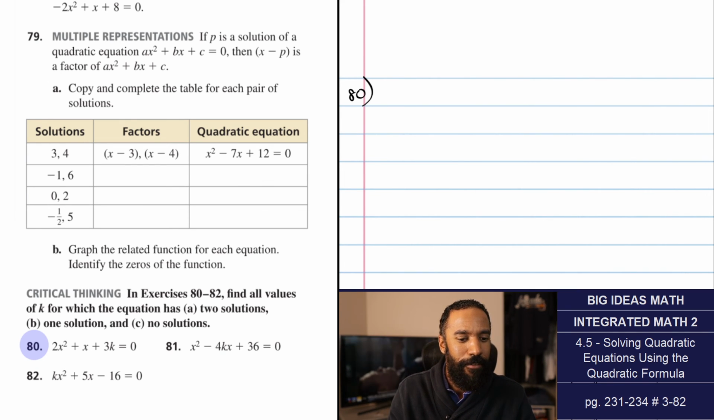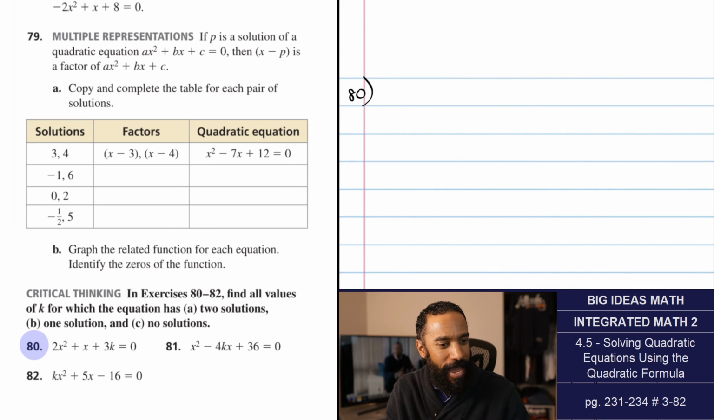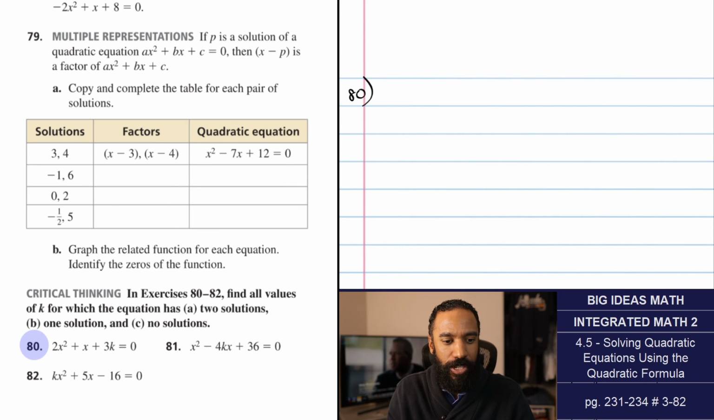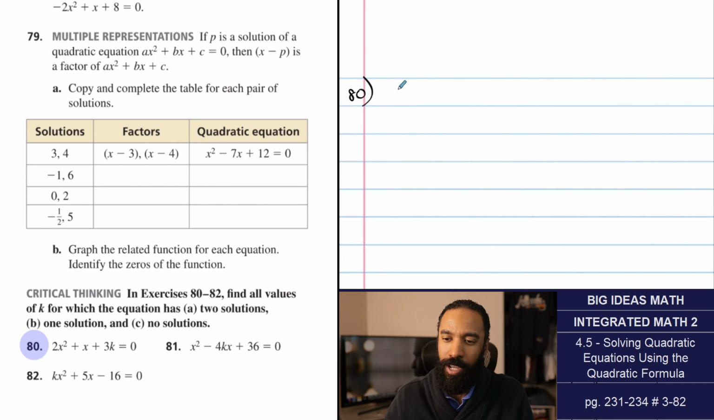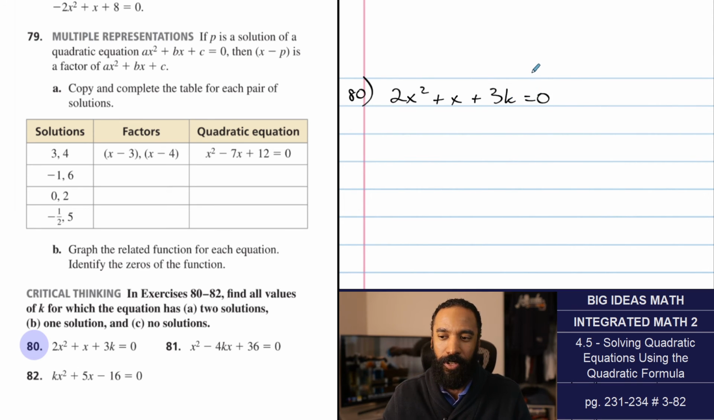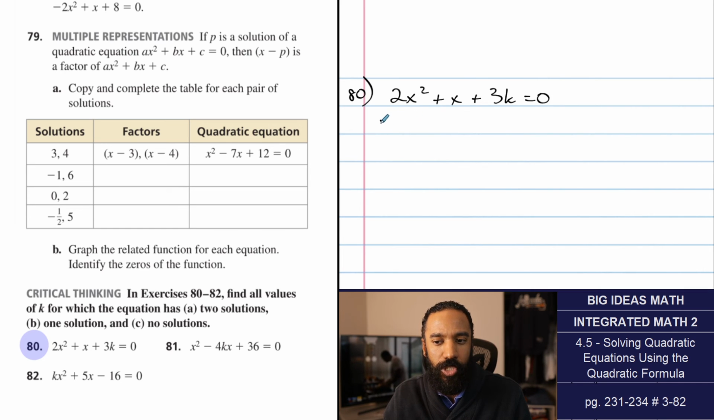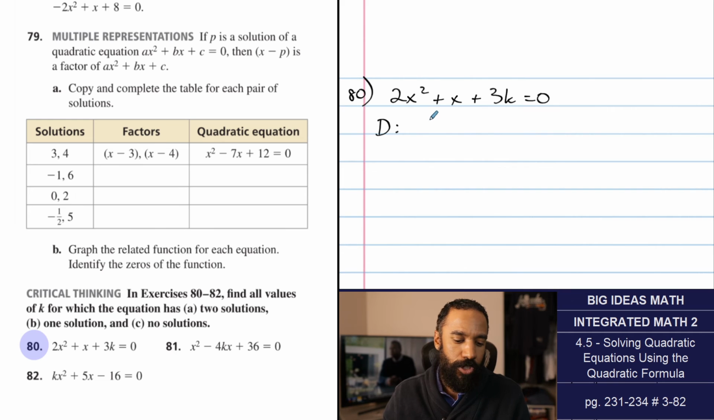Hopefully you have enough. Find all values of k for which the equation has 2 solutions, 1 solution, and no solutions. So I think this goes back to what we did before, where we were coming up with other sets of values. I hope you're okay with my layout when I do this. It'll be just kind of weird here. It's all about the discriminant. The discriminant has to be, for 2 solutions,